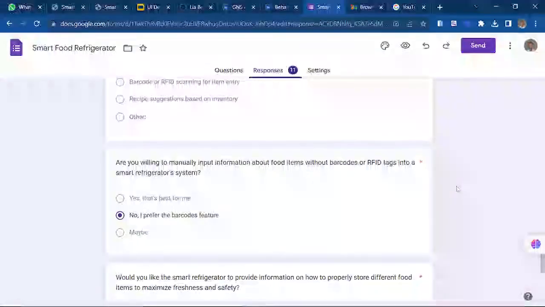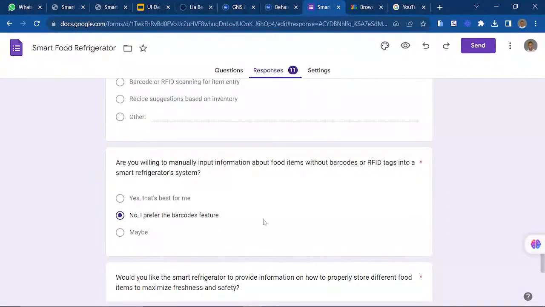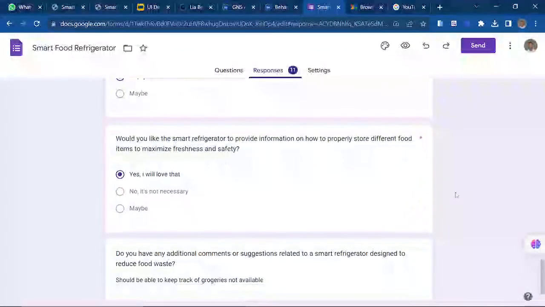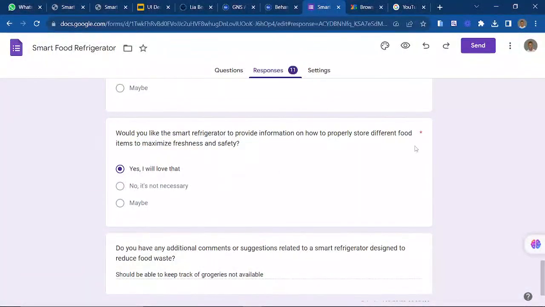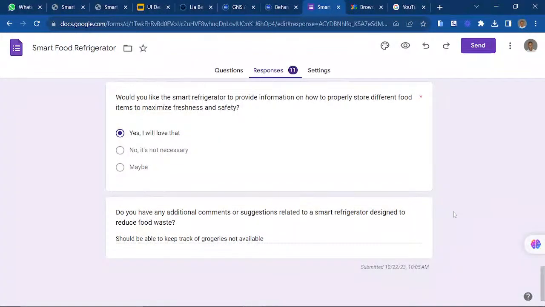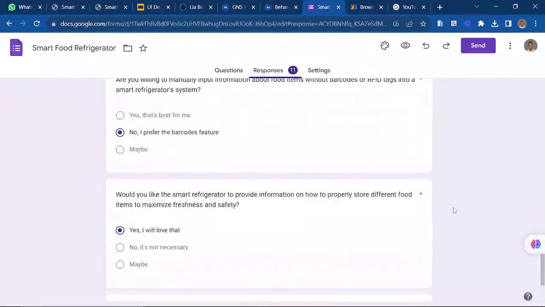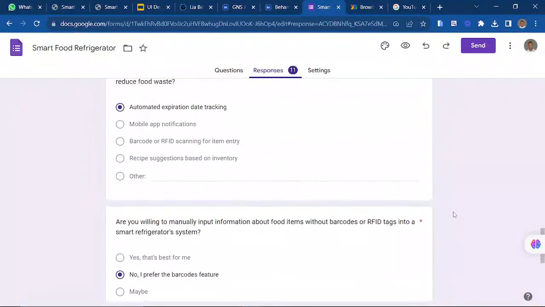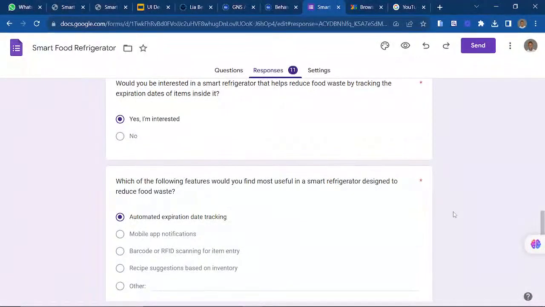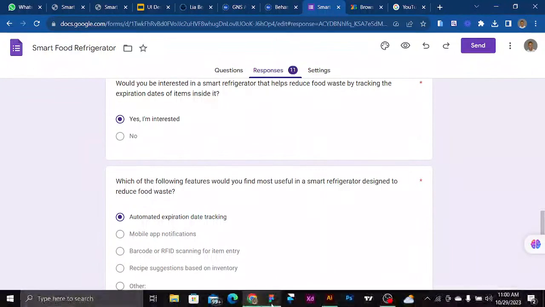Okay, so and he said he preferred the barcode feature. So if we can get something from this one, he should be able to keep track of groceries not available. Okay, so if we can get a persona from this also, then we can try to add more information on it.